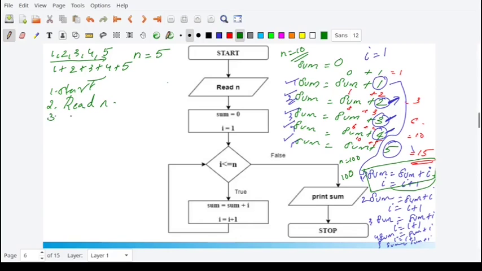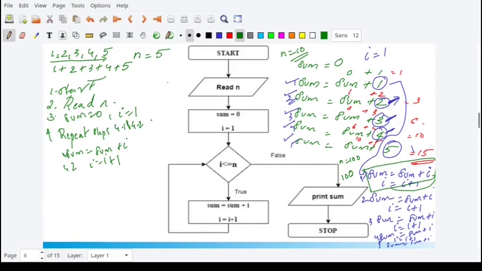The third step in the algorithm will be to set sum is equal to 0 and I is equal to 1. And the fourth statement will be to repeat the statements. What are the statements? Sum is equal to sum plus I and I is equal to I plus 1. How many times? Repeat steps 4.1 and 4.2.